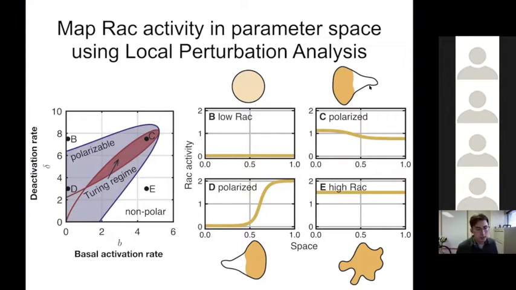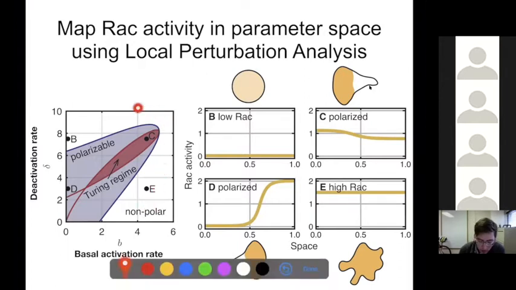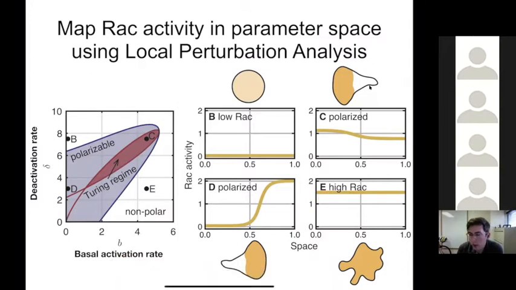tool called Local Perturbation Analysis. And the short story is that there's three different behaviors that can occur. A non-polar regime, where for example, for large basal activation rate but small deactivation rate, you just end up with a cell that has high Rac activity all across the cell. And that would correspond to a cell that is kind of expanded and growing. On the other hand, inside the blue bubble, what you can get are so-called polarized patterns, where it's possible,